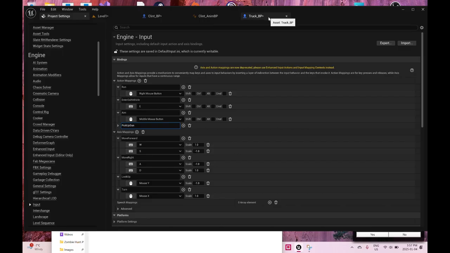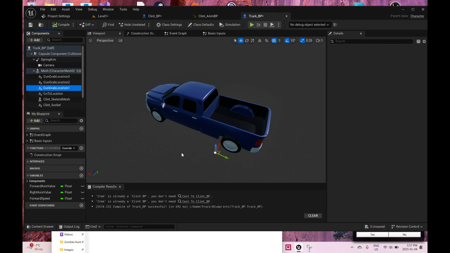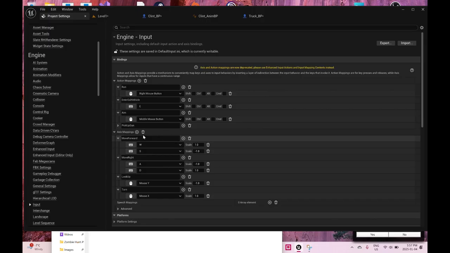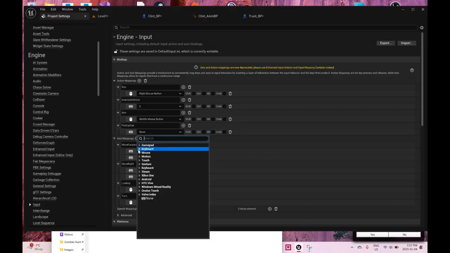in between any one of these points, say the player is standing in between this one and this one, it could get confused and might get the character to enter the car when what I really want is for the character to grab the gun. So I guess it would be safer to make a separate button. So this will be called pickup gun,